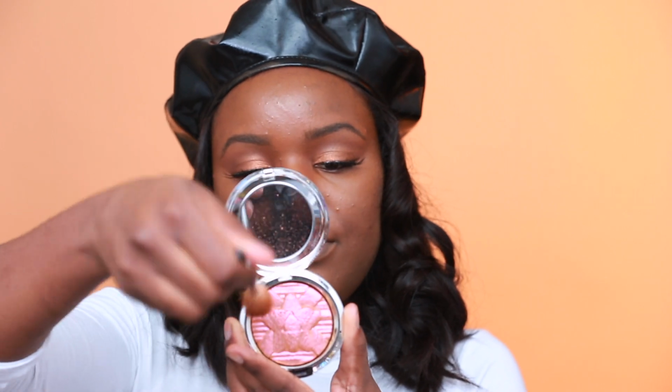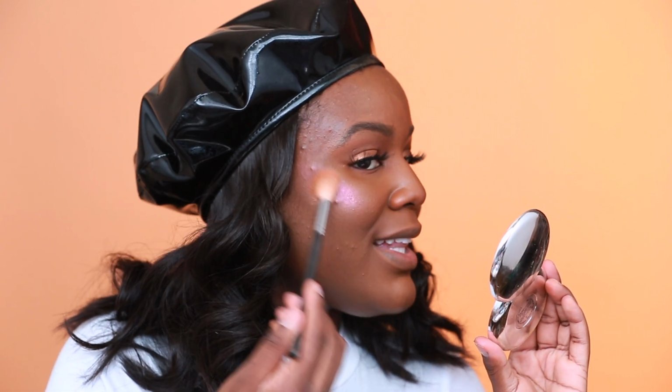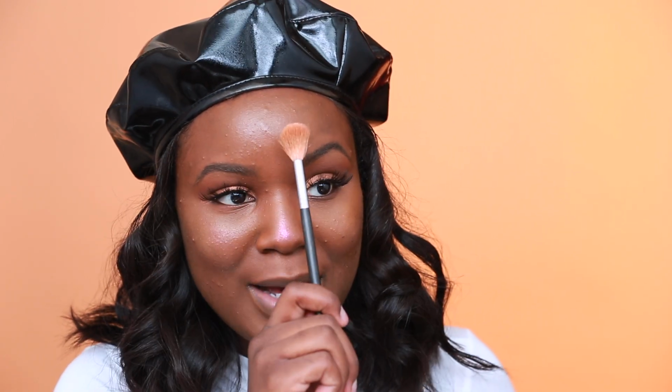Now while my face is kind of damp, just a little bit, I'm gonna take a Morphe 510 brush once again. I'm gonna take this highlighting powder from MAC in the color Snow Flush. And while my face is still wet, I'm going to give myself a little highlight. It's my new little trick I like to do. Kind of pinkish. Do y'all see the final finish? I didn't even put powder up here yet. Do y'all see the finish of that with the setting spray on? I didn't even need highlight, but we're still trying to go for that awake,